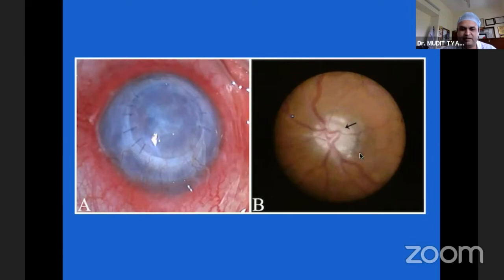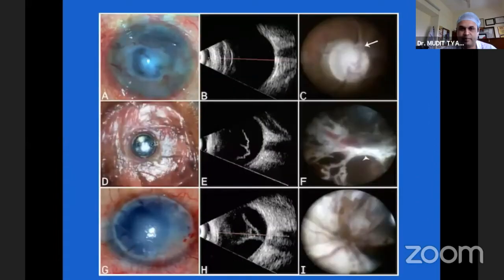And this patient successfully underwent a repeat procedure with a good visual outcome. Compared to that, you have cases like this, where while the ultrasound shows an attached retina in the first picture, what you see is a pale disc with sclerosed vessels. And this is an eye which will not be amenable to a good functional outcome, even if you go ahead and do a very good anterior segment surgery, put a keratoprosthesis or a graft in place, because you have underlying